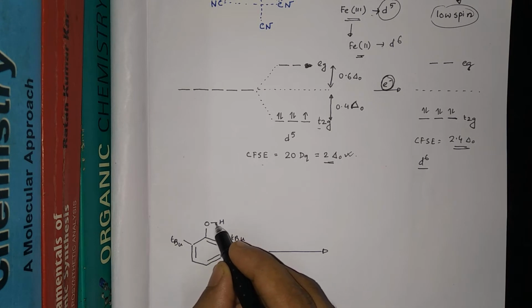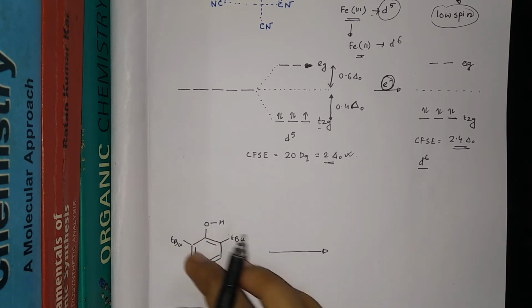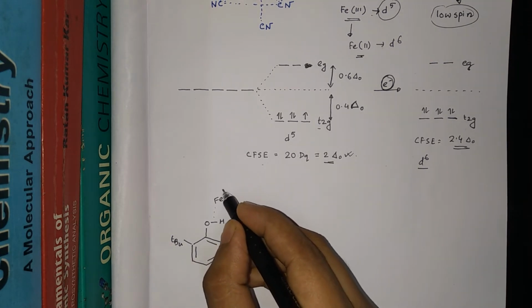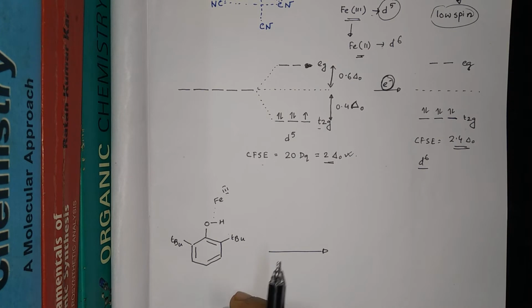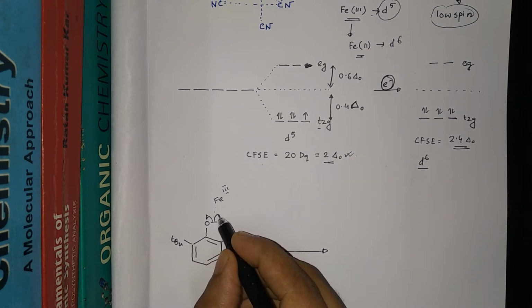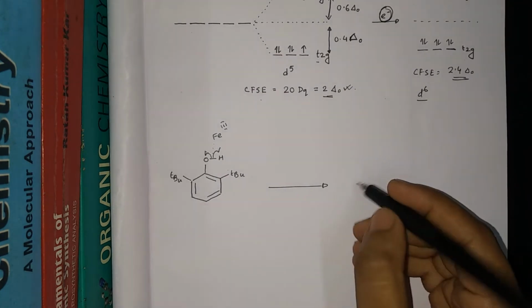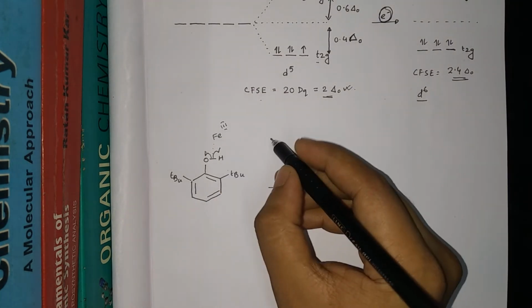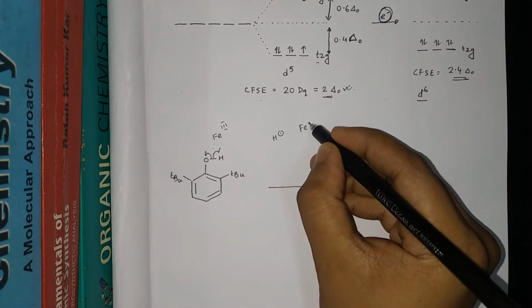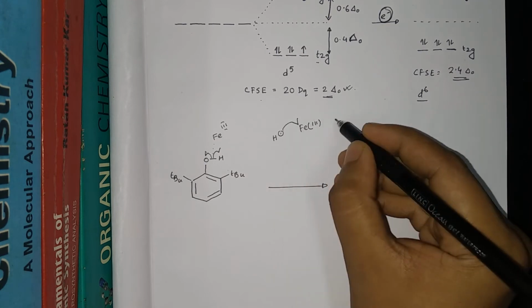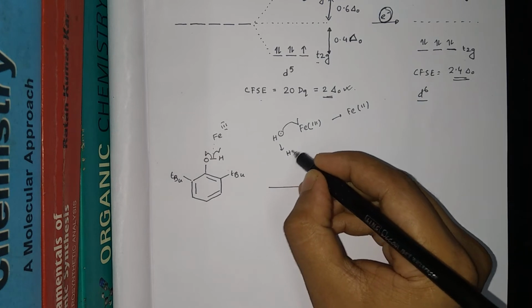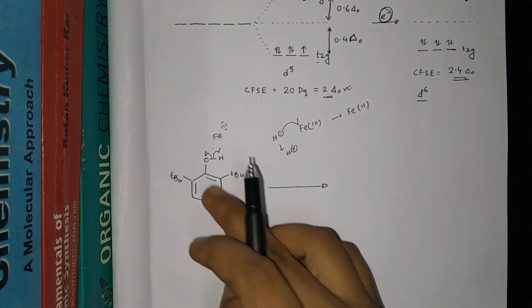Now this O-H bond is the most polar bond in this whole compound. Therefore this bond will be polarized by the Fe3+ ion present in that complex. And this bond will be homolytically cleaved, and O dot will form and H dot will form. From this H dot, the Fe3+ will take an electron, Fe3+ will form Fe2+, and H dot will form H+. So this will happen, and here O dot will form.